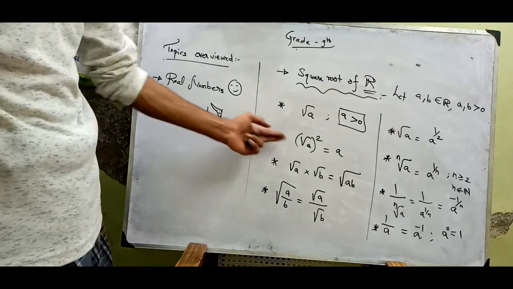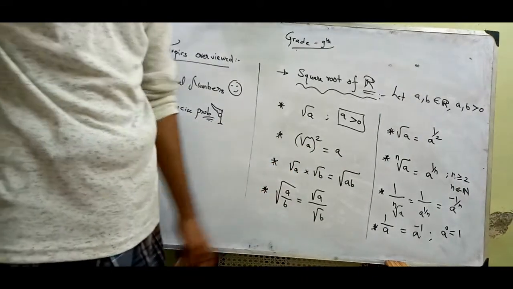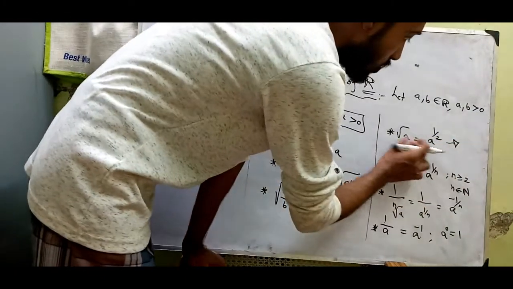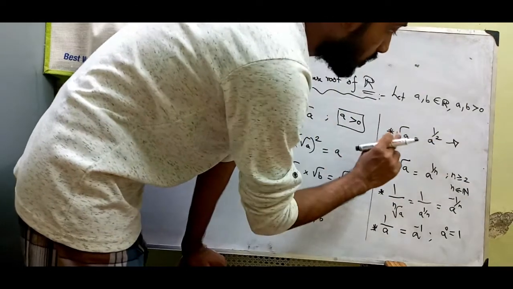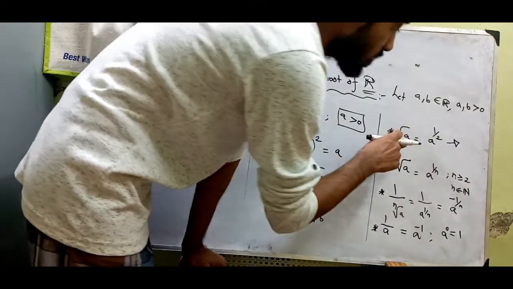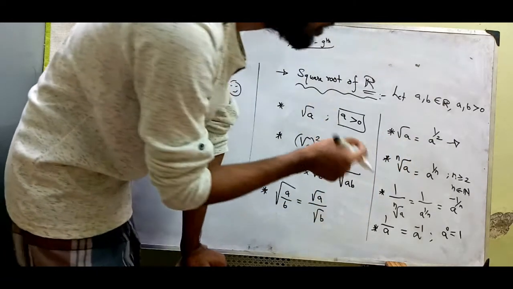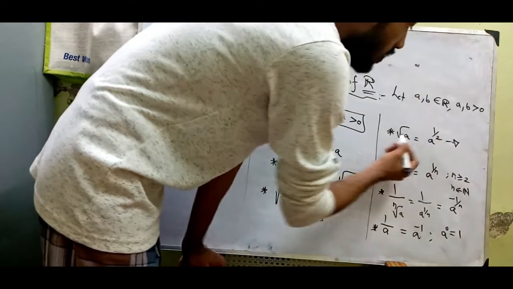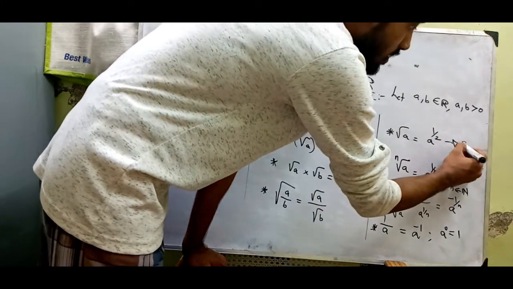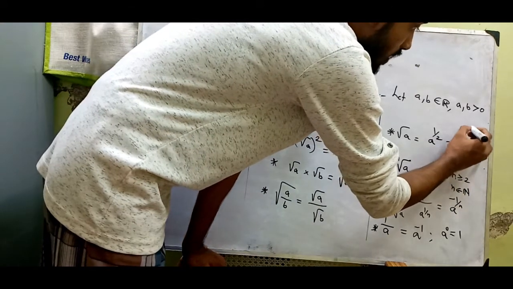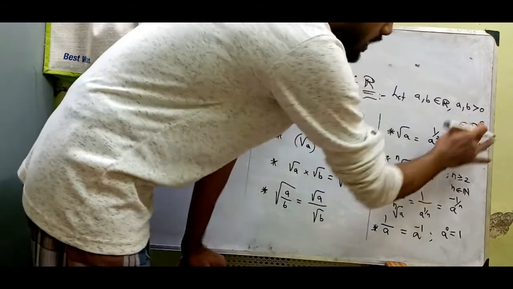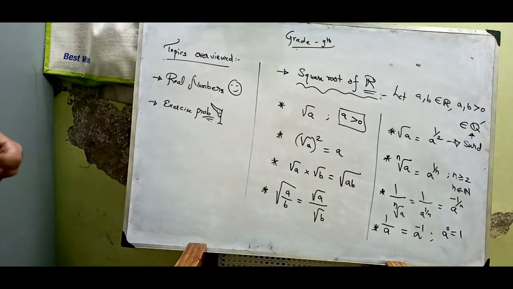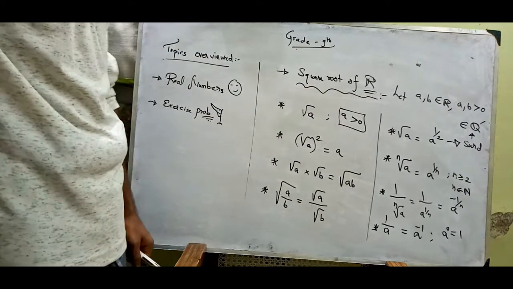So these are the squares, multiplication, division, and the surd. Sometimes this is an irrational number which is always a non-perfect square. If A is a non-perfect square, then it becomes an irrational number. If it is a perfect square, then it becomes a rational number, a special case of rational numbers, because integers are a special case of rational numbers. Also, root A equal to A to the power 1 by 2 is called a surd if it belongs to the irrational numbers, denoted as Q dash. Note all this; don't leave it.